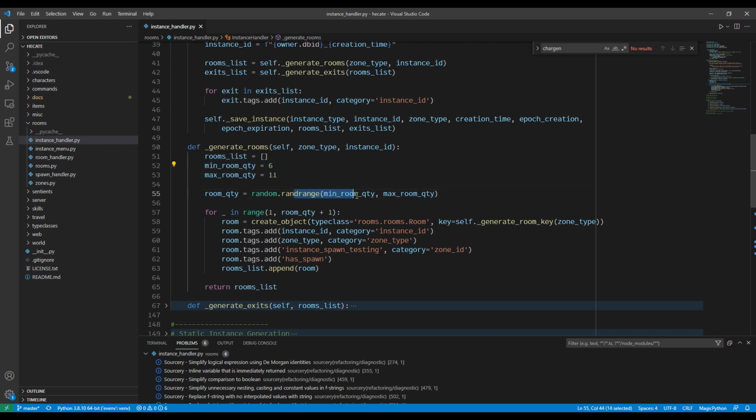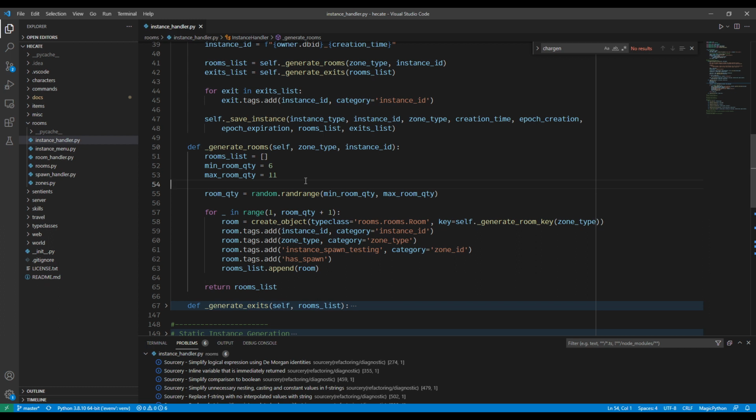So this just takes a random range. Oh yeah, I might be wrong here. If I didn't add the +1, I don't know if it actually goes to 11. It might just go, this might actually be 5 to 6. I don't know. I'm always confused by the random range stuff, if you have to go down 1 or if it's +1. In any case, I generate a random number of rooms,